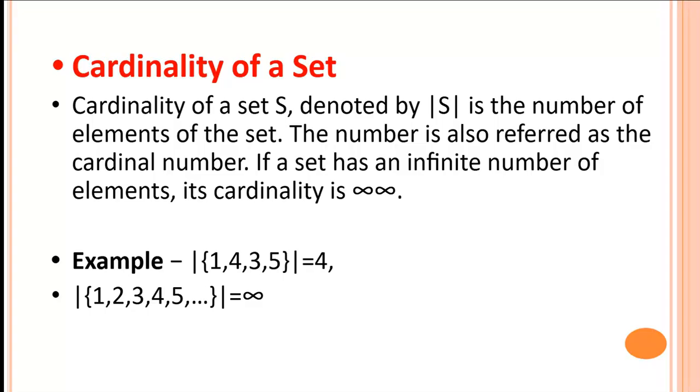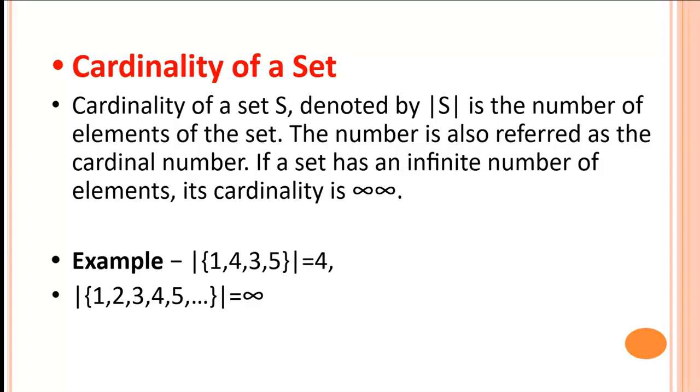How many elements are present? Four. So the cardinality of this set is 4. For the second example, the set 1, 2, 3, 4, 5, and so on up to infinity, the elements go on without end. So the cardinality of this particular set is infinity.